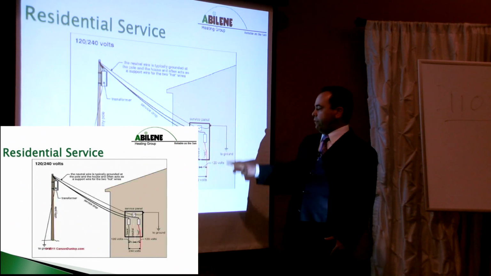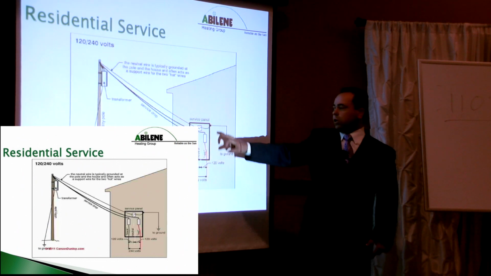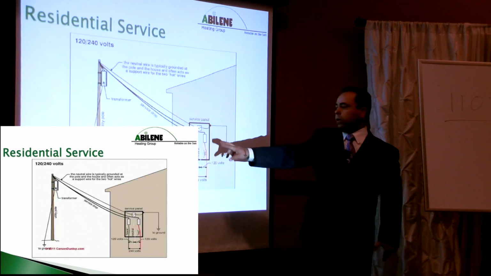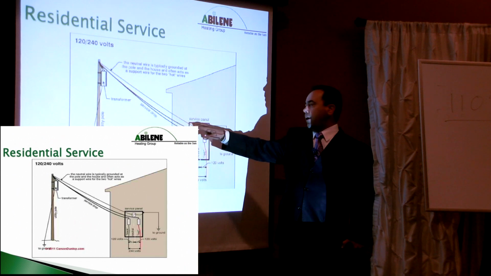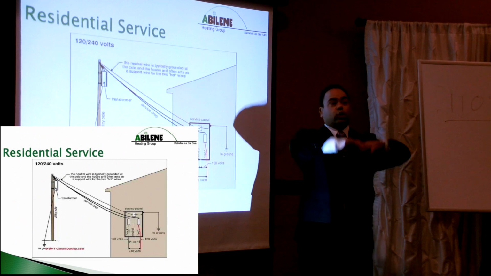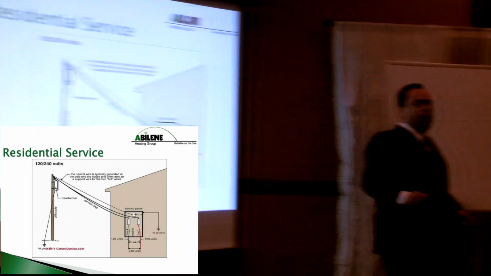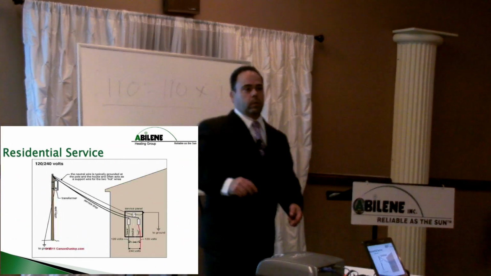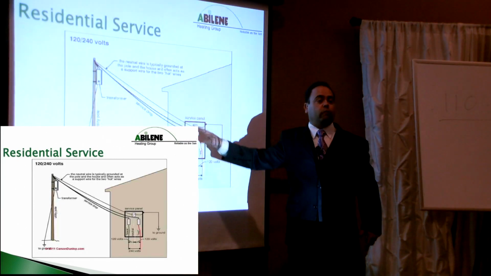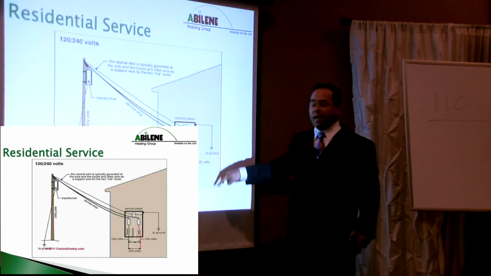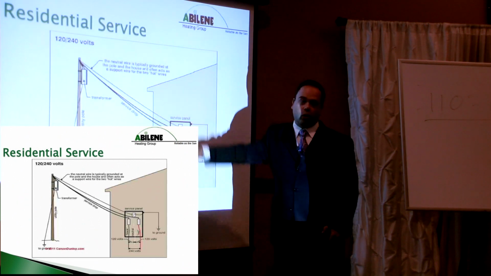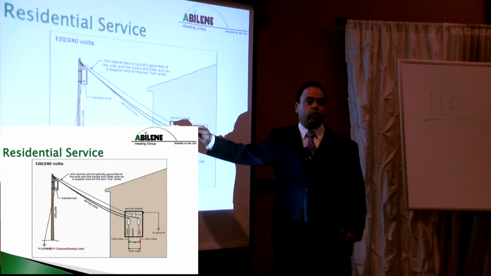The reason why we have to ground our service or our system is because in a case of overcurrent or in a short, we want that electric to die in the ground and dissipate. Otherwise, it's just going to go through the whole system and start blowing stuff out. What's the purpose? Question? Of the ground? Purpose of the ground, exactly like I said. If something shorts out to ground, that electric has to dissipate into the ground. Otherwise, if there's no ground, that short overcurrent is going to go through the whole system and